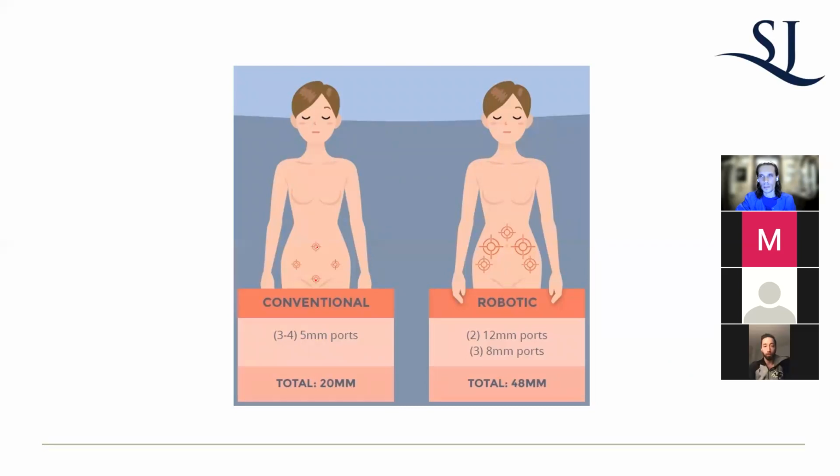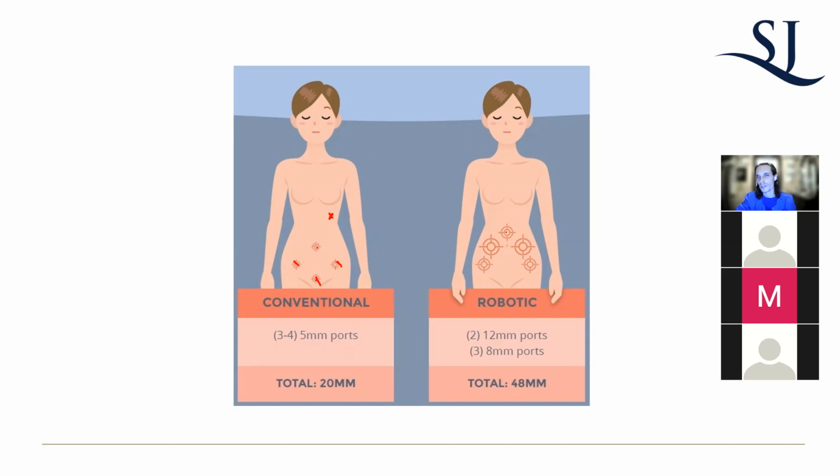If you see me do these procedures, what you'll find is that I'll do one in the left upper quadrant, and then I'll have incisions here, here, and here. I usually don't do this one here. Robotic is more incisions. It's about 5, and they're a bit larger, but this is just counseling of the patient as well, just what to expect.